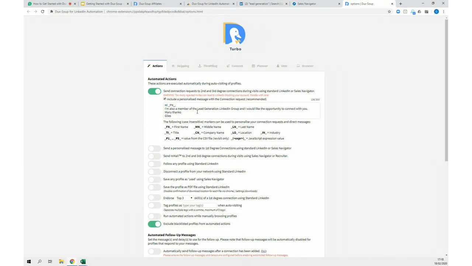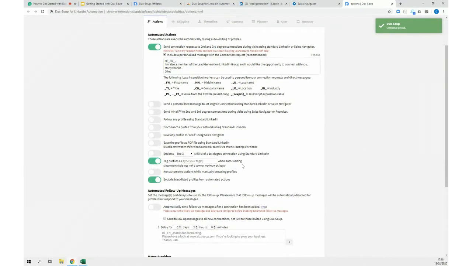So if you were happy with all of this, then you would set the robot off to visit these people. Now, another important thing we can do as we go through and visit every single profile, and it's a very useful thing with DuxSoup, is that we can also tag these profiles as we go. As you can see, we have this tag profiles option within DuxSoup. What we can do here is add personalized tags as we go through. So if I put in here